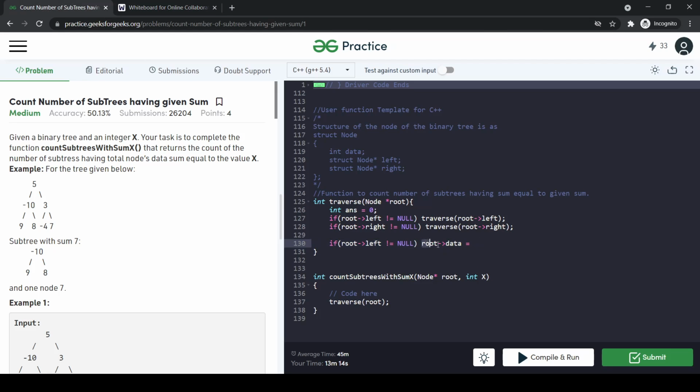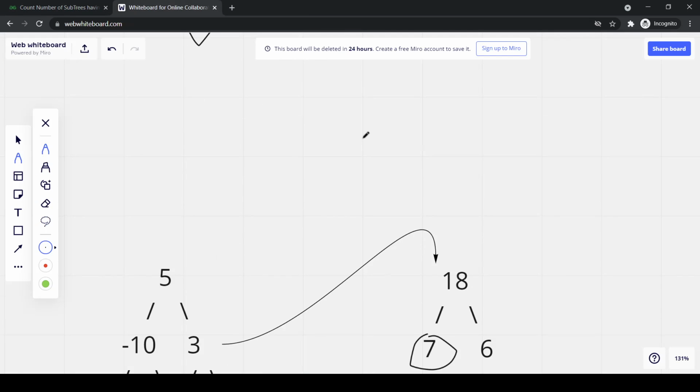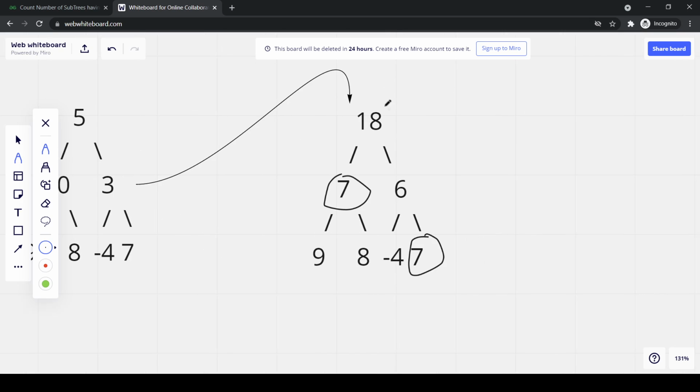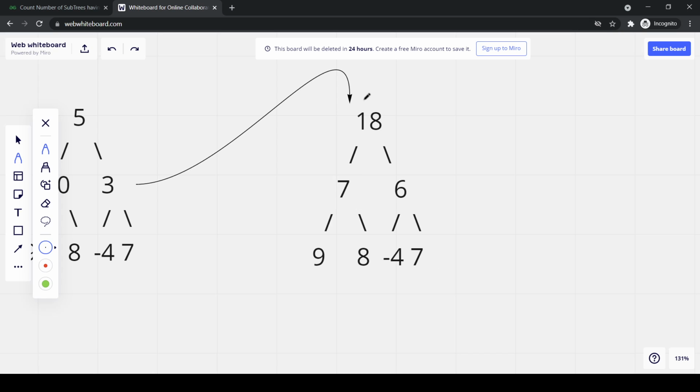So we will add the sum of the left subtree, root left data, and also the sum of the right subtree. After doing this, we will get our tree equal to this tree.